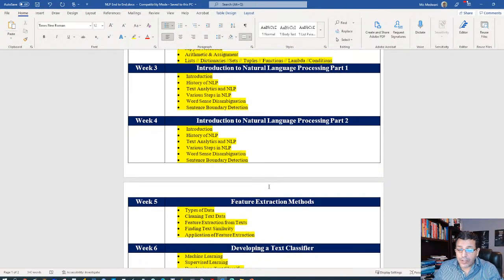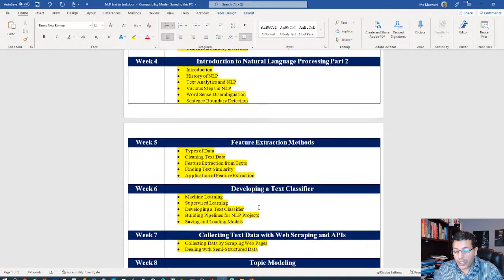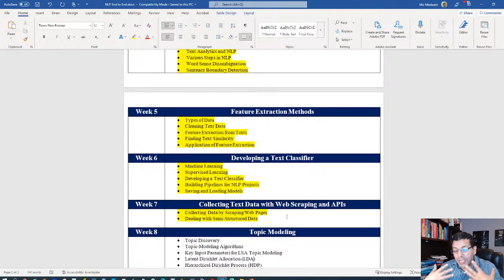In week number 5, we learned how to extract features using feature extraction methods. Then in week number 6, we learned how to develop a text classifier, an algorithm to classify text. Then in week number 7, we learned web scraping using API, extracting data from the web using